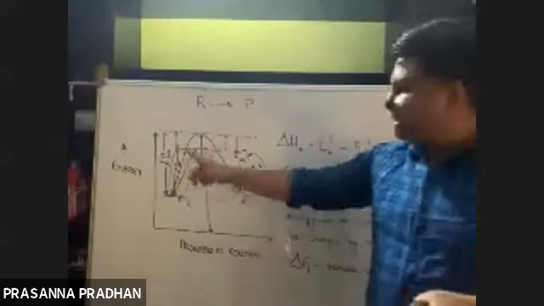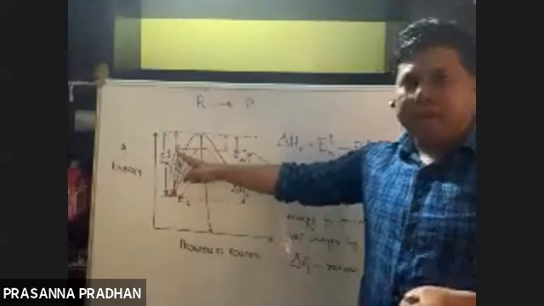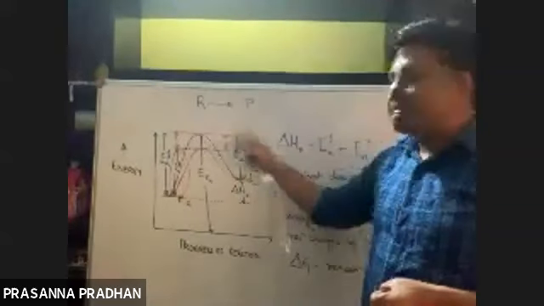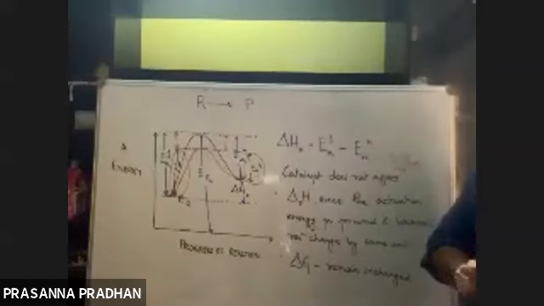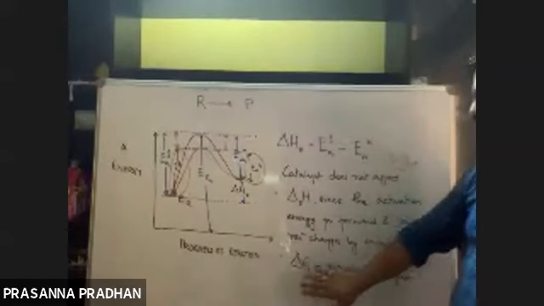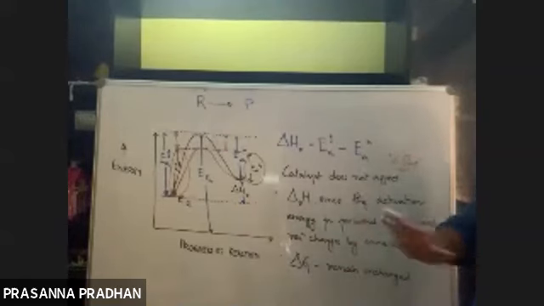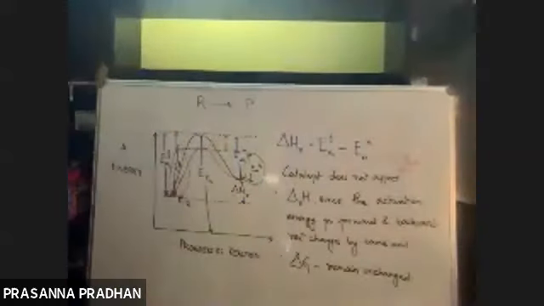It changes the activation energy. It decreases the activation energy for forward, and it decreases the activation energy for backward as well. So that is why delta H remains unchanged. Furthermore, the Gibbs free energy will also remain unchanged. So this can come in your MCQ type of questions. Okay, so tell me guys if this is understood or not. Is this understood?